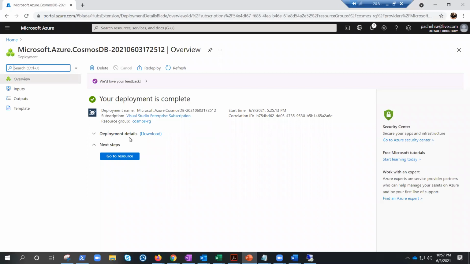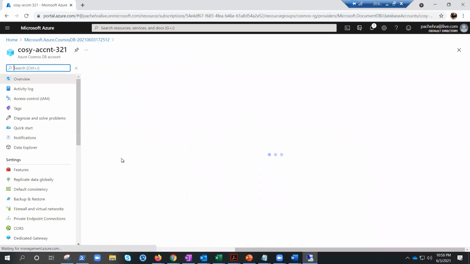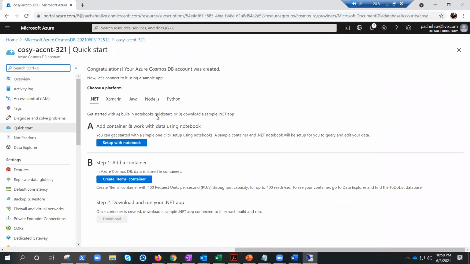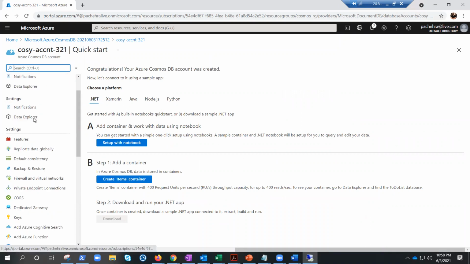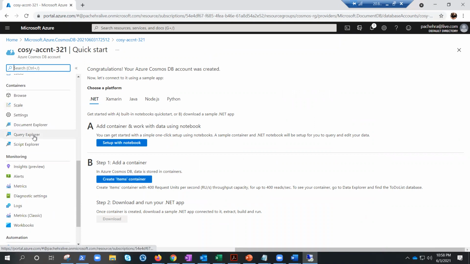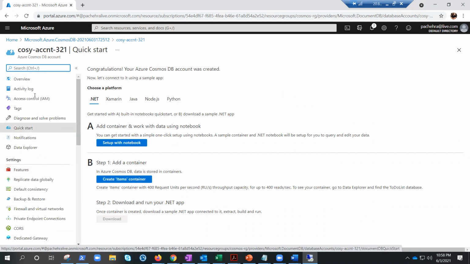All right, so it's done. It doesn't take much time, not more than 2 minutes. So let's click on the resource. Now we have a lot of things on the left-hand side, just like any other resource in the past service or any other service. Okay, so the most important thing that we need to see here is,